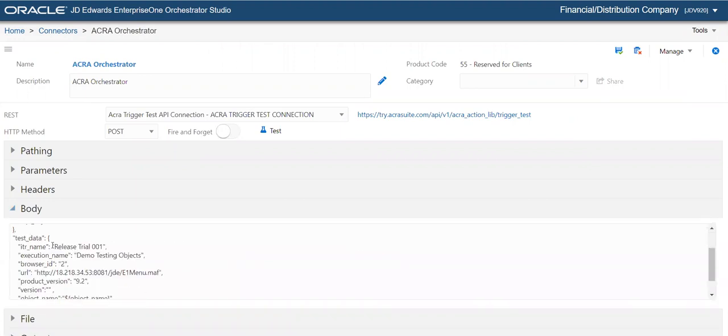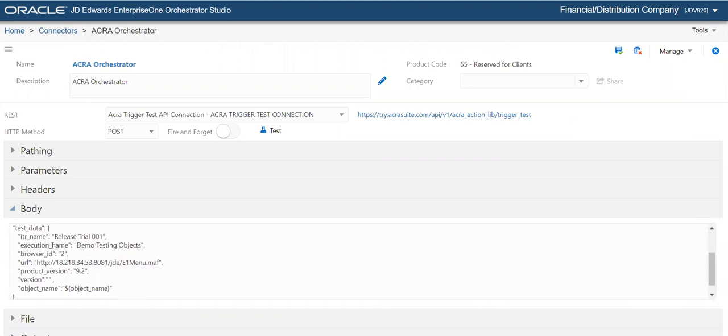So this is the body section of orchestration. So here we mention execution name, iteration name, browser ID, URL that needs to be tested, product version of JDE. Accra uses all these details while creating an execution.